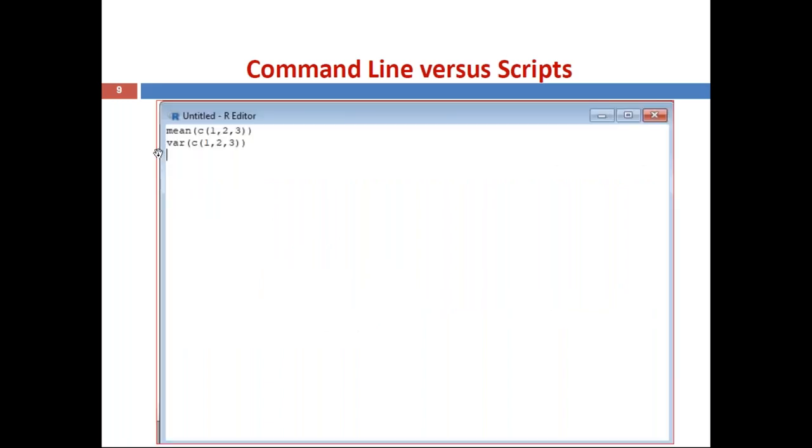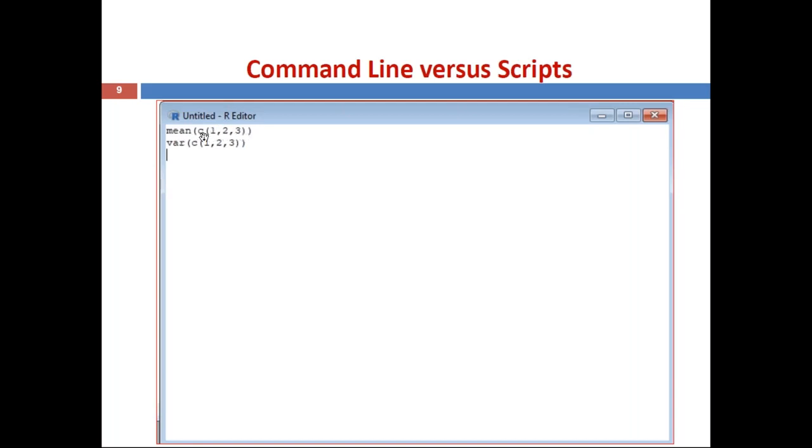Now you can see this is one example. This screen shows the untitled R editor. Whenever you click on File and then New Script, this is the window it opens. Here I typed two commands in two lines. The first command is mean. I want to compute the mean of three numbers.